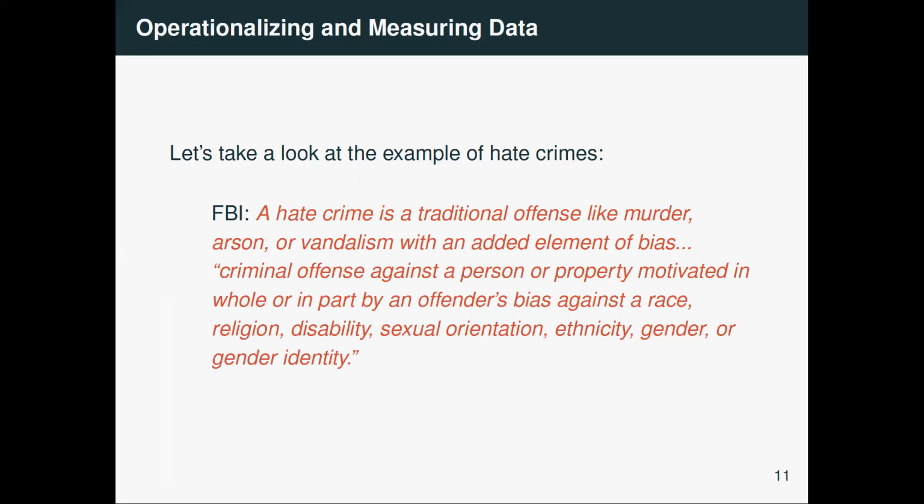So the FBI broadly defines a hate crime as a traditional offense like murder, arson, or vandalism with an added element of bias. And specifically, they go on to say a hate crime is any criminal offense against a person or property motivated in whole or in part by an offender's bias against a race, religion, disability, sexual orientation, ethnicity, gender, or gender identity. So right off the bat, we can already see how there can be problems with this